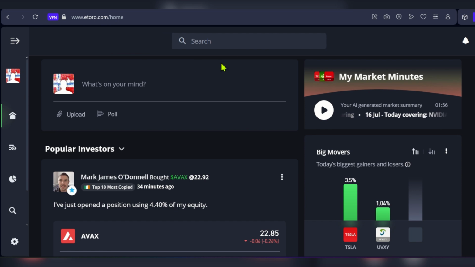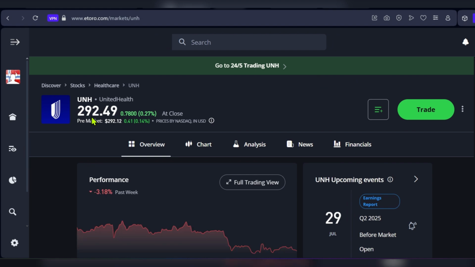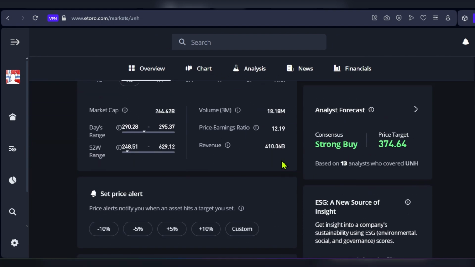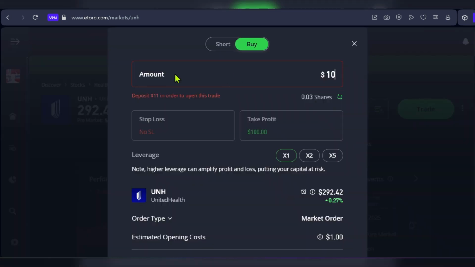Since we're using eToro, we have a simple search bar here where we can search for UNH. And by typing UNH, you can see United Health. You can click on it, and you can see the current price, and you can see your overview, your chart analysis, etc. Then at the top right area right here, you can click on trade,